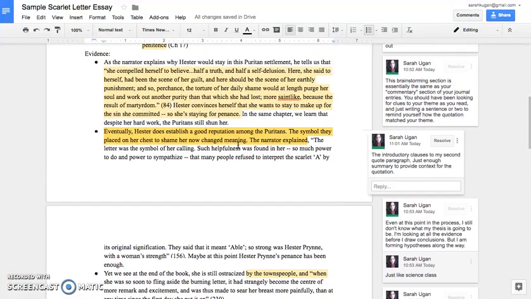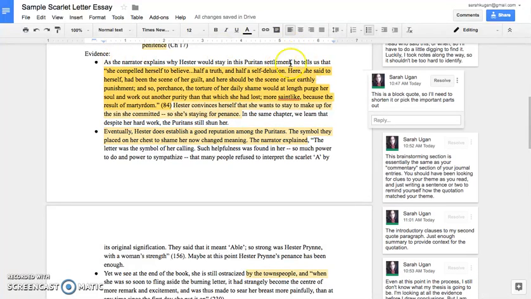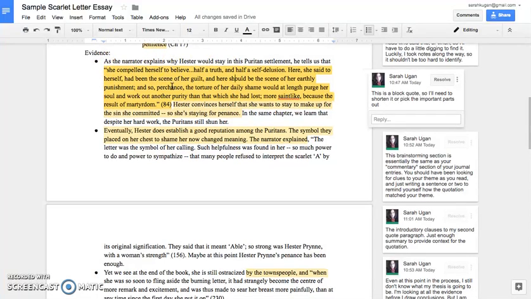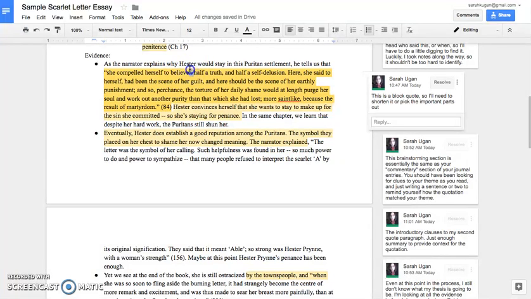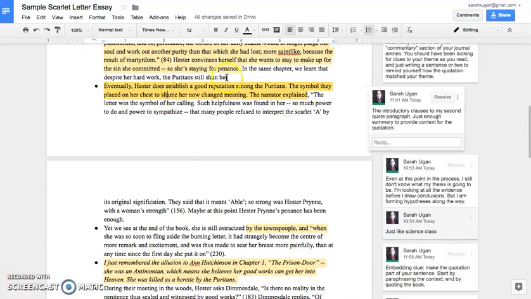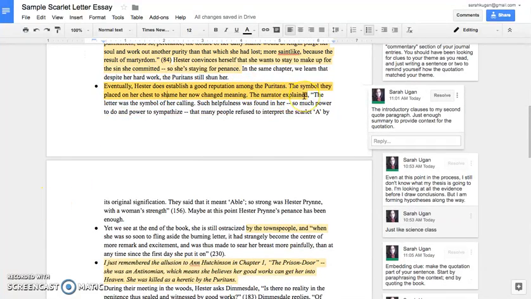These here are some great examples of how to introduce a quote with the proper context and summary, and also how to embed the quote. So in my first example here, I said, he tells us that, and then made the quote a part of the sentence. And you can see I edited out pieces to make it fit with my sentence without changing the meaning of the sentence. Here, I said the narrator explained, and that way we know who is speaking in the quote itself.